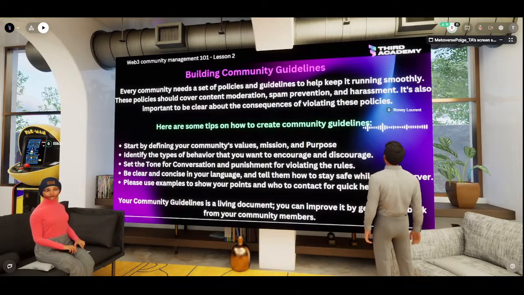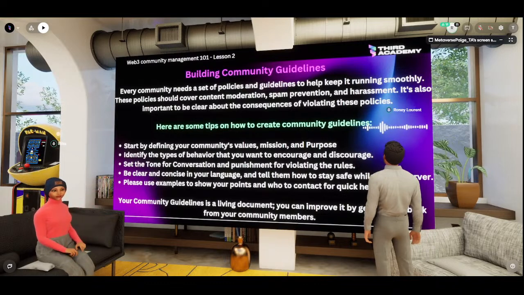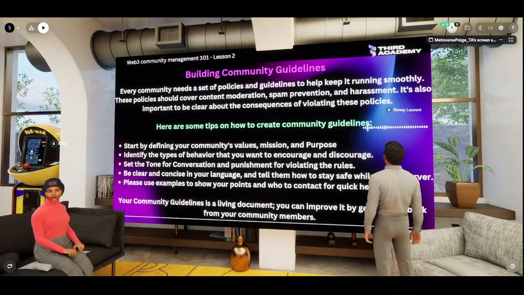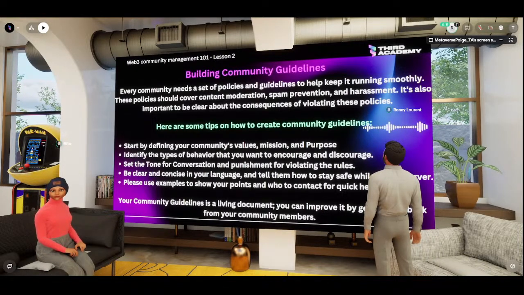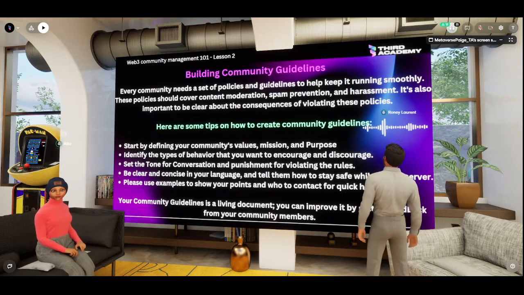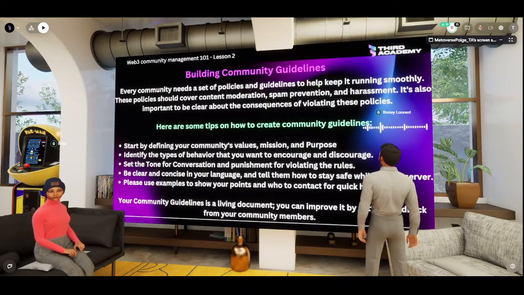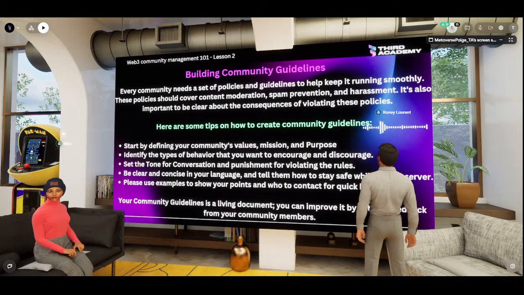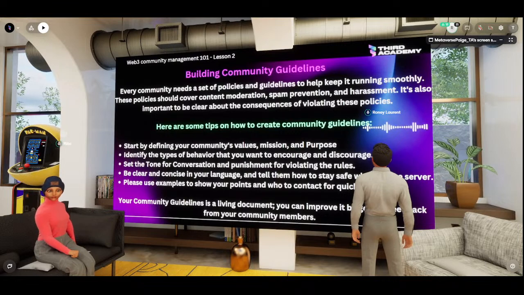For example, you can say, we encourage members to ask questions, answer questions, share resources that you think will be helpful to others. And one of the behaviors that you discourage will be spam, right? Avoid sharing links that appear shady, right? And you could also talk to your members about staying safe, right? And then be clear in your language, right? Tell them how to stay safe, right? In this case, you could tell them that they will not receive a DM from you asking for their seed phrase. If, for instance, you have a community that deals with that, they will not receive a message from you asking for a seed phrase or asking for funds, right? You want to make sure you keep your community safe. That's a part of your responsibility as much as you can while they are in your community, right?